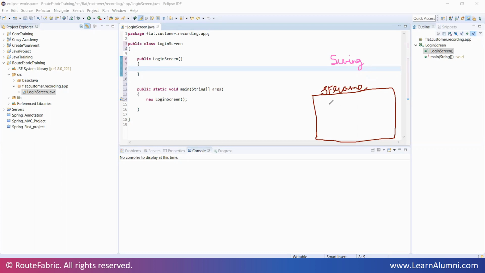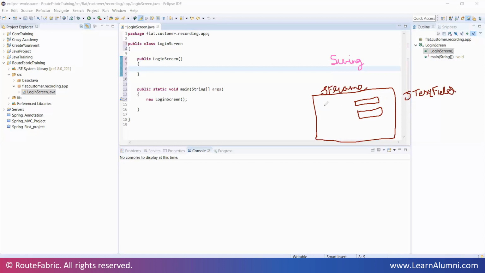Then we will have a text field, right? So that the admin can enter his ID and his password. So there will be text fields. For these text fields, we have JTextField. We'll go slow. Yes, I'm writing slowly also. So no problem. We'll be completing it. Don't worry.